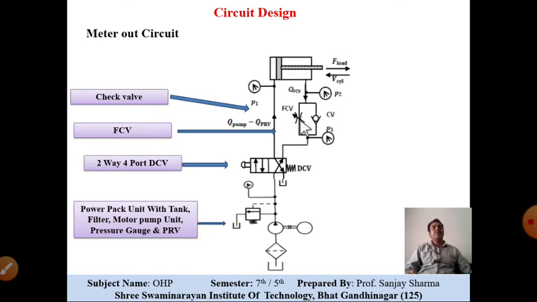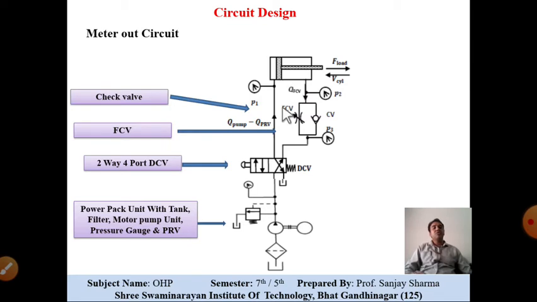If we reduce the flow, the speed of the retracting cylinder will decrease, and if we increase the flow, the retraction speed or velocity will increase. So this is how we can control the speed of the retracting cylinder